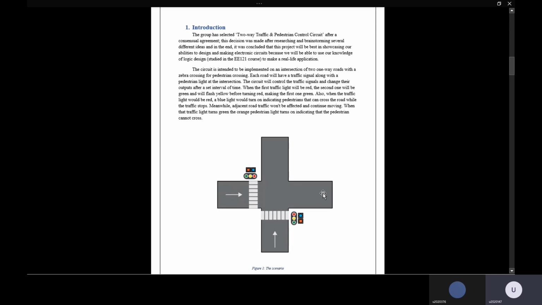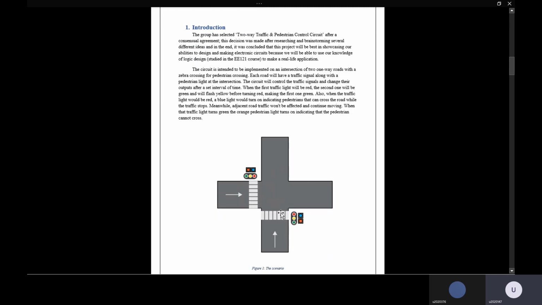And when the horizontal road's traffic light is about to turn red, it will flash yellow before turning red. And when it turns red, letting the vehicles know to stop, the vertical road's traffic light will turn green, allowing the vehicles to move in